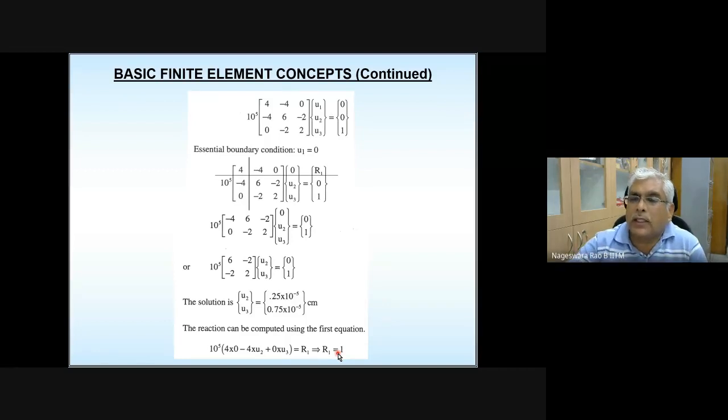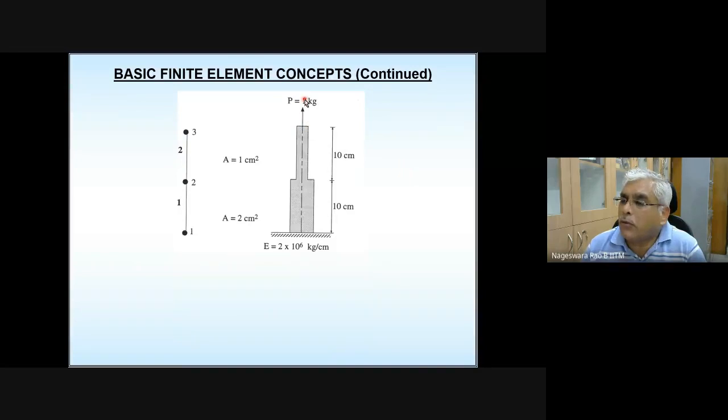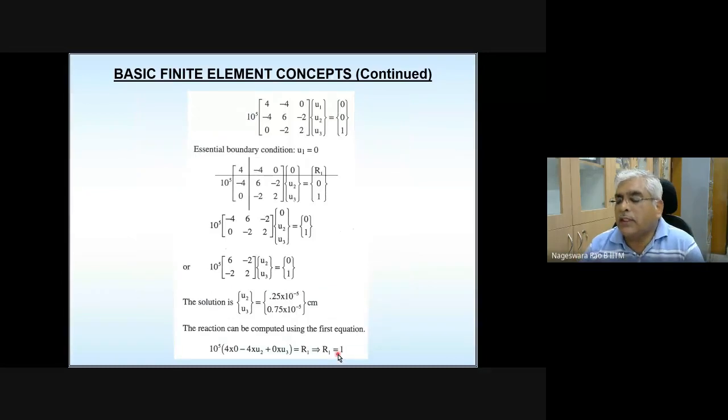That is making sense. You see the problem? You applied 1 kg, you are pulling it, and so the reaction on this side is going to be the same as this 1 kg, but acting in the opposite direction, in the downward direction. Our convention is upward direction is positive, so it's acting in the downward direction. So R1 is going to be negative. This is the negative 1. You please correct it. So this is how you can cross check whether whatever result you got is correct or not. You don't need to ask somebody, or look for the answer. You can do a self check.